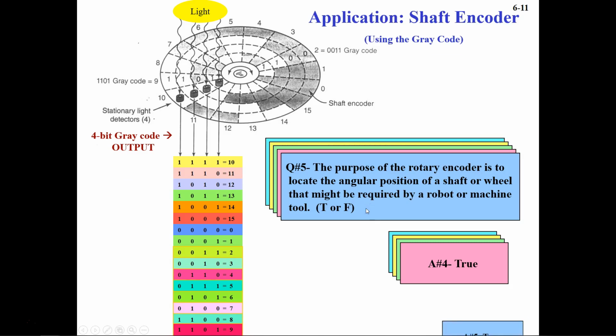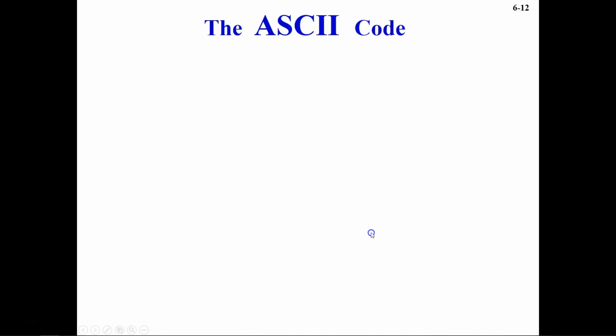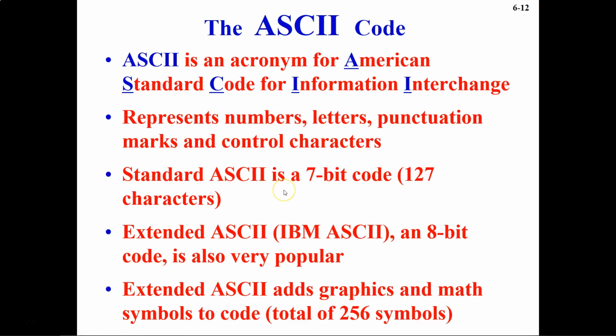And now next, so this was true. Now next is ASCII code. ASCII stands for American Standard Code for Information Interchange. They represent numbers, letters, punctuation marks, control characters. The ASCII standard is a 7-bit code, 127 characters, and it can be extended to an 8-bit code, which is very popular. And extended ASCII adds graphics and math symbols to the code, so that makes up a total of